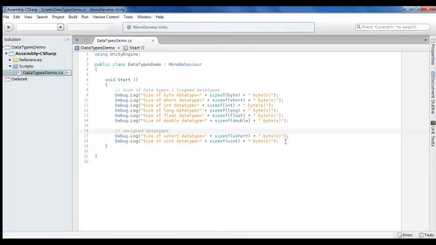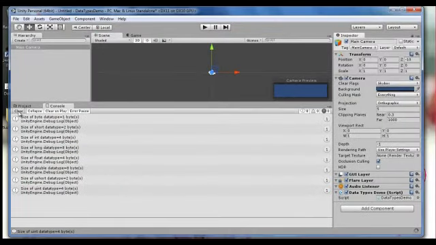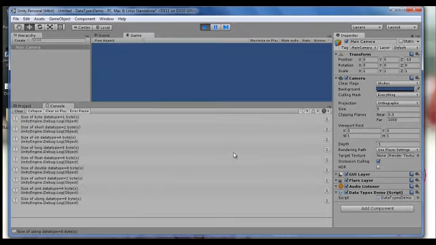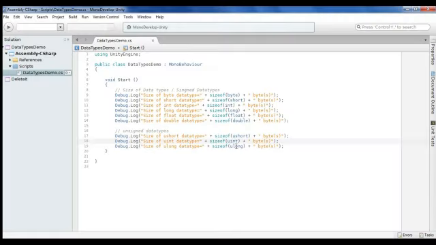Okay, then we have one more data type, which is going to be U long, unsigned long, which is going to be 8 bytes. Okay, let me clear this and run the code, and you can see that it is a 8 bytes size of U long data type. Okay, very nice operator, right? And even we can see the